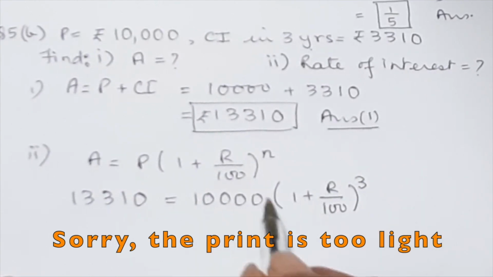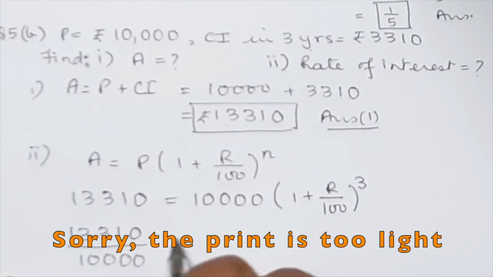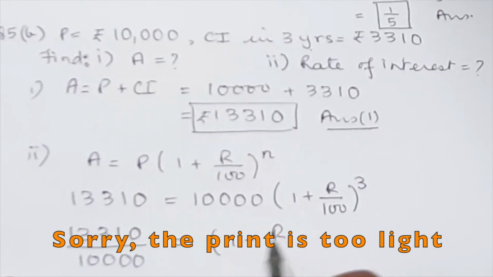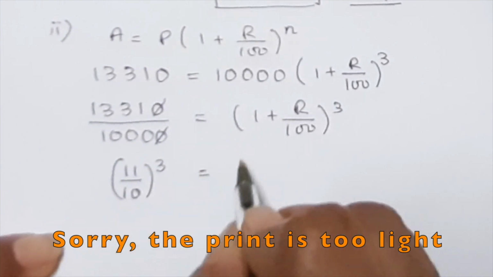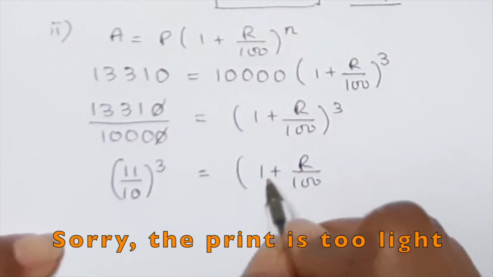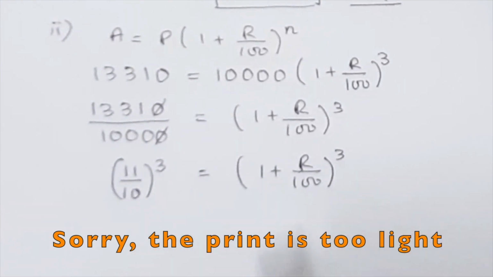Now we are going to take this 10,000 this side. So 13310 upon 10,000 is equal to 1 plus r upon 100 to the power 3. 0 gets cancelled. Now if this is a cube, this must be a cube, and we know that it is the cube of 11 upon 10, and that is equal to 1 plus r upon 100 to the power 3. So you will see that the powers are same, so the bases must be equal. So taking cube root, we will have,